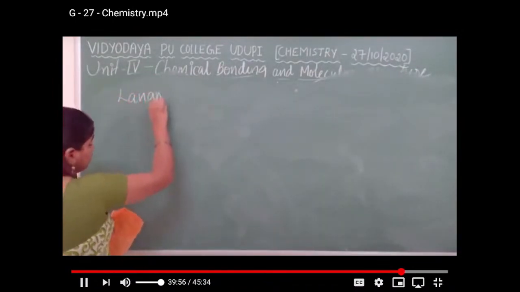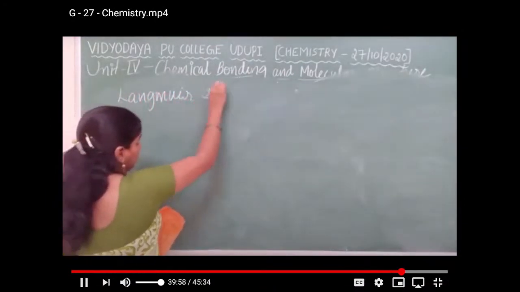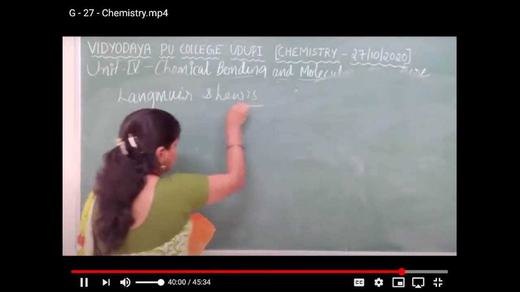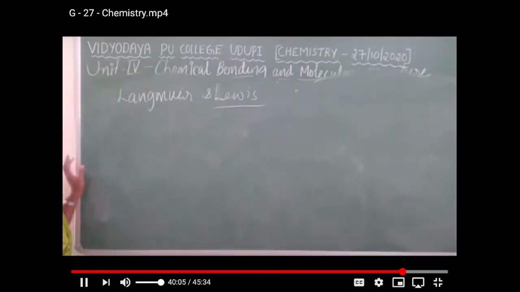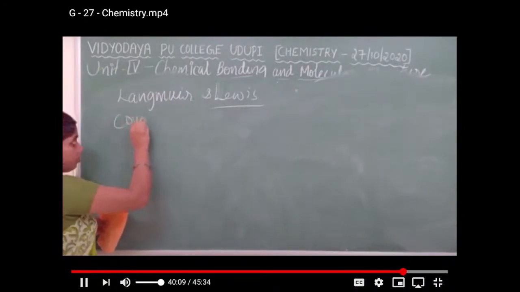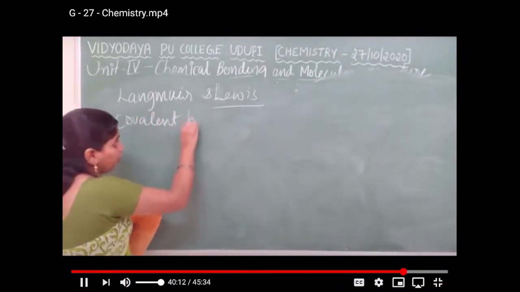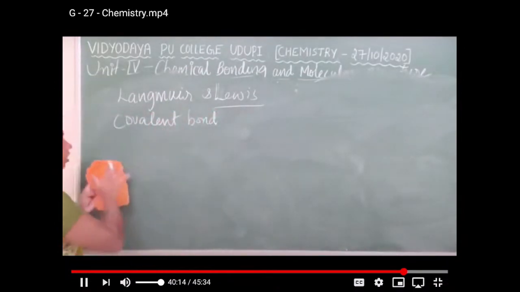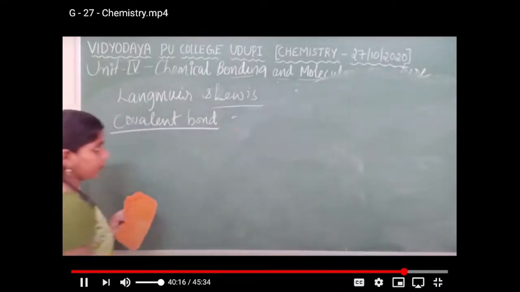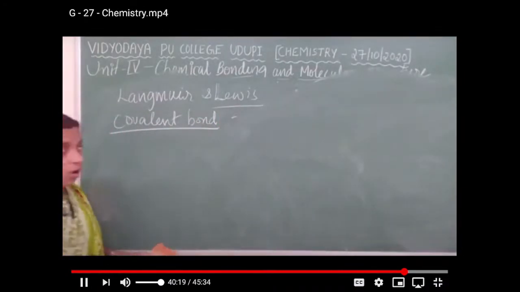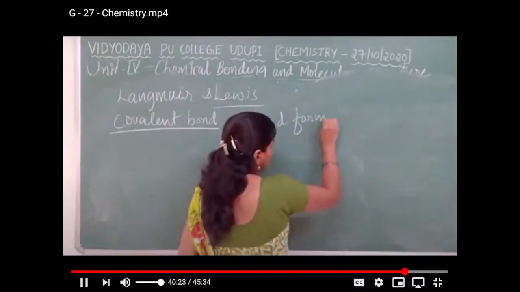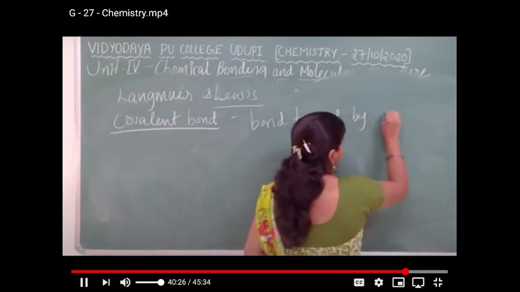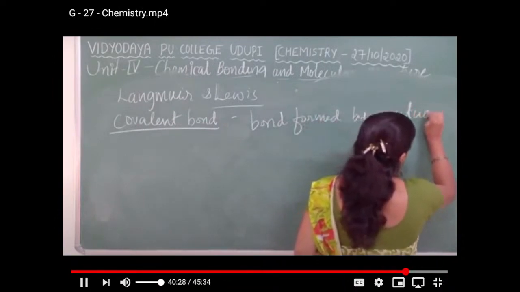Later, Langmuir and Lewis improved the octet rule theory and used the term covalent bond. Okay, covalent bond. Covalent bond is the bond formed by mutual sharing